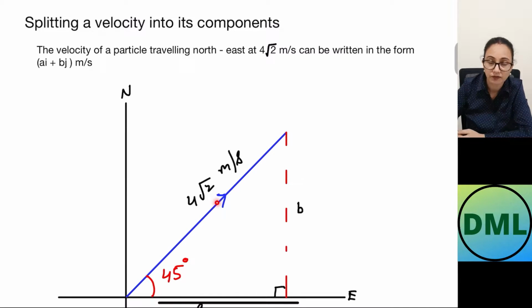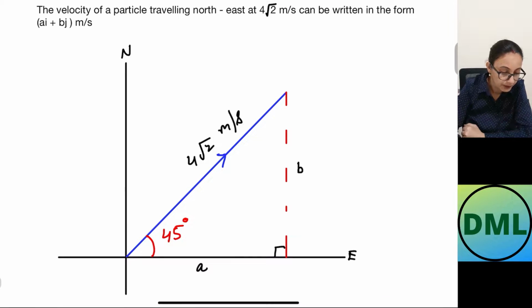To get the components, I need to draw the triangle. As you can see, I have drawn the triangle here. We are moving a units in the x direction, so this distance is a, and you are going b units in the y direction, so this distance is b. For this 45 degree angle, this is opposite and this is hypotenuse, because this is our 90 degree angle. For this 45 degrees, this is the base and this will be the hypotenuse. So I'm going to apply the cos and the sine rule to get the values for a and b.